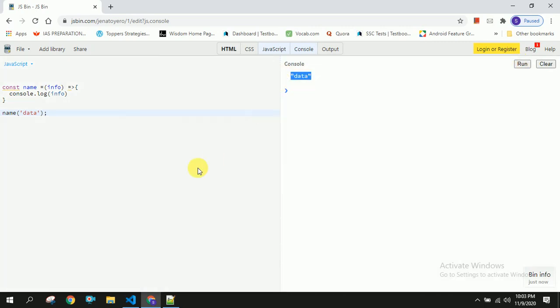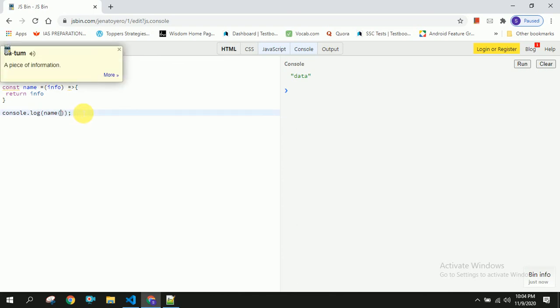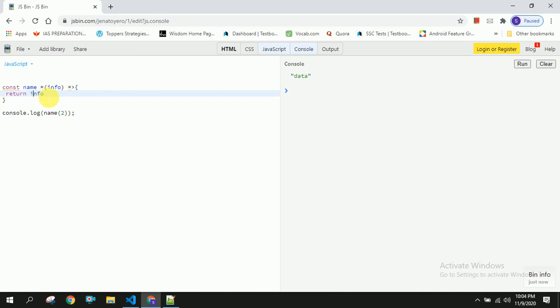You can see here we got the log, and I don't want that here. And if I want to log the data here, then we can return like this. So you can see here we got the log, and if you want to send any integer, and if you want to do multiply or addition, you can do it like this.